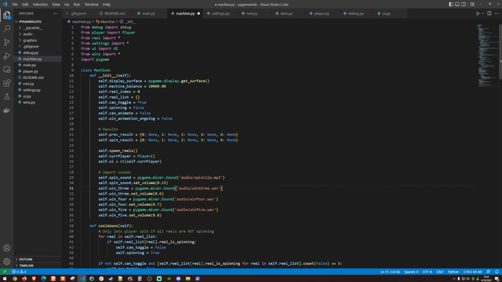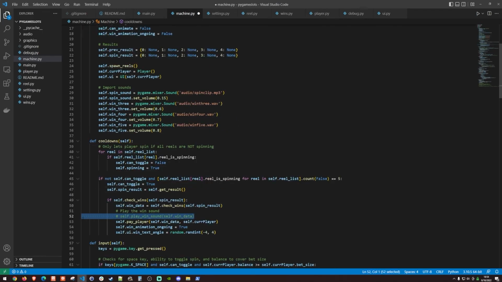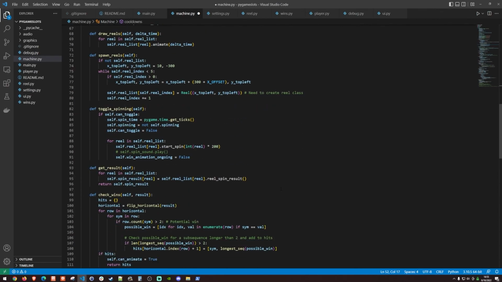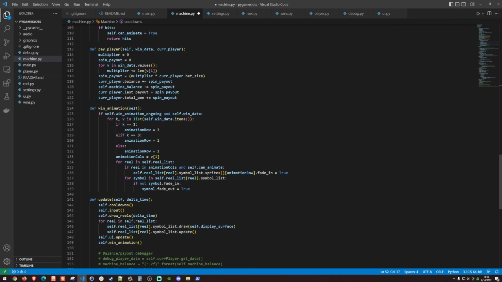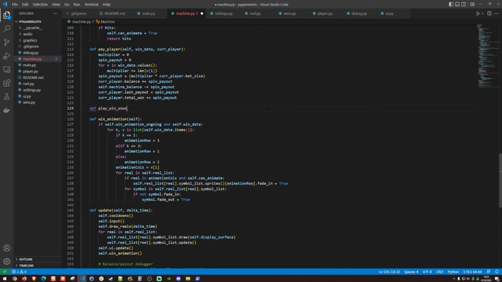So it will be a nice audio cue to the player when they get a larger win. In order to determine that logic, we have this right here, which does a call to a function called play win sound, which I have not created yet. It is relatively simple, and I'm going to put that right above the win animation that I just created. So I'll have a def play win sound, and that is going to take in win data as